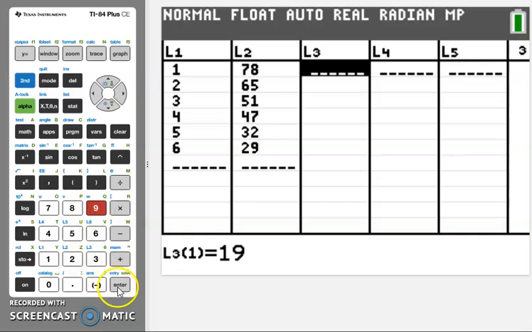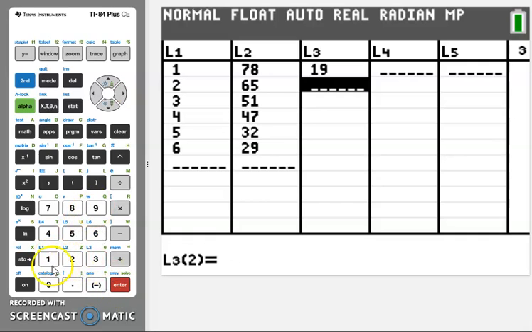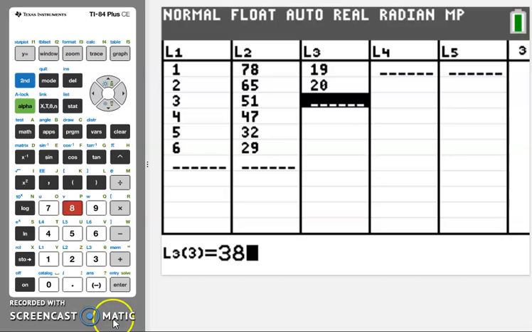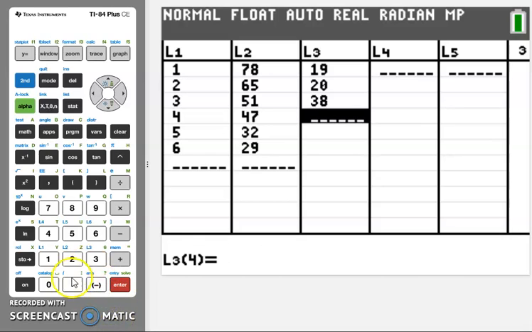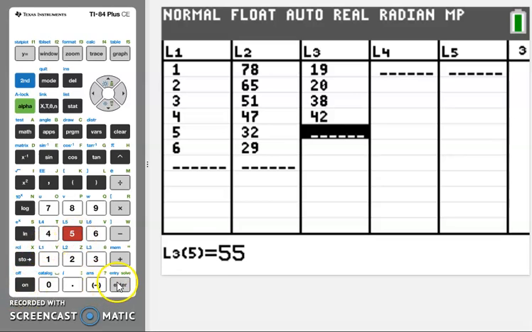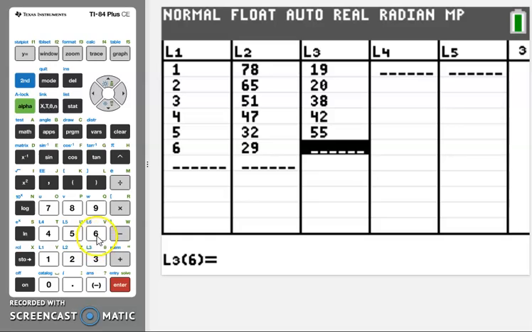So 19, enter, 20, enter, 38, enter, 42, enter, 55, enter, 64, enter. Okay, so the next thing we want to do is turn on the stat plots so that